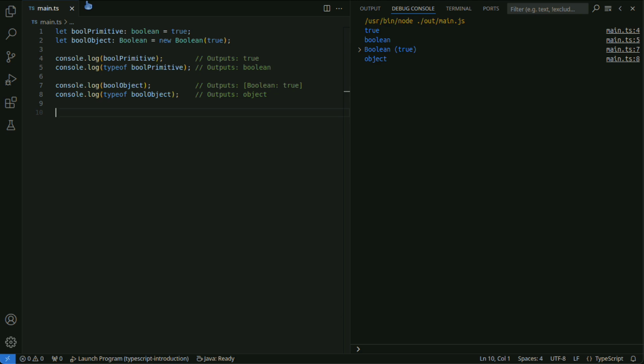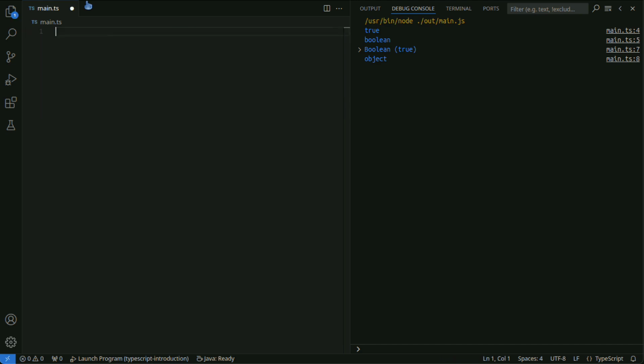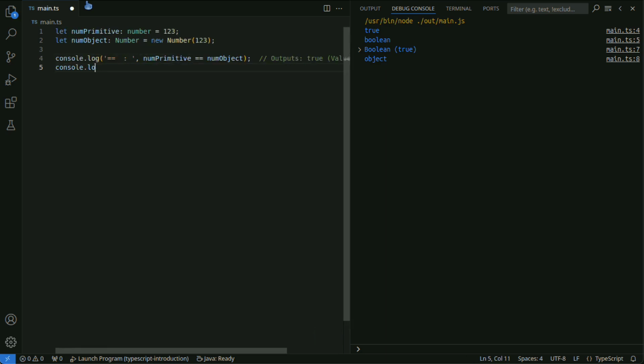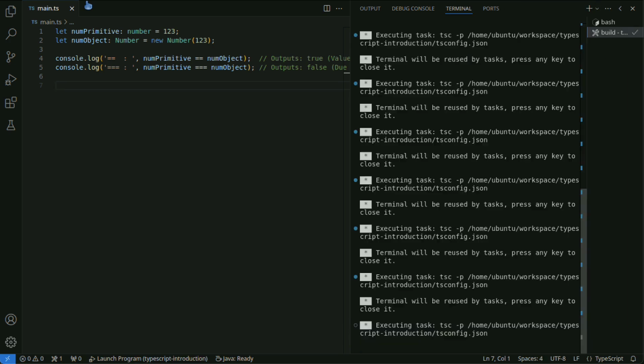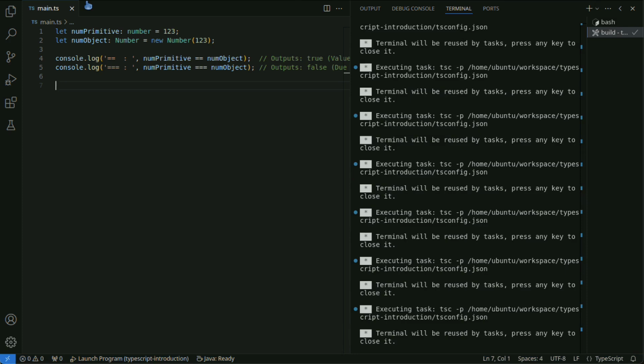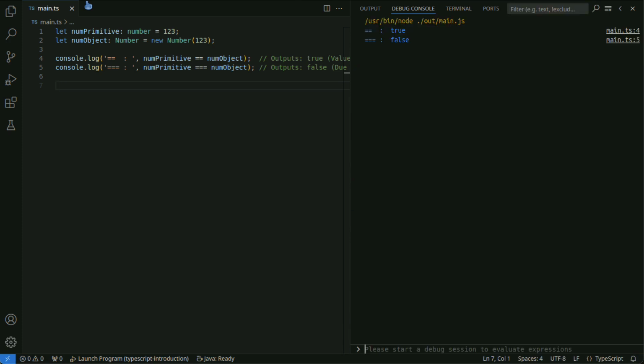Moreover, there are differences in comparison using == and ===. == compares values, while === strictly compares including types. It returns false when comparing wrapper objects with primitive types.